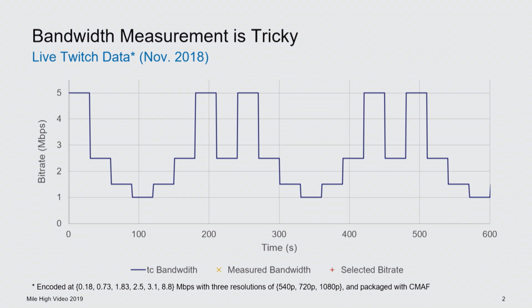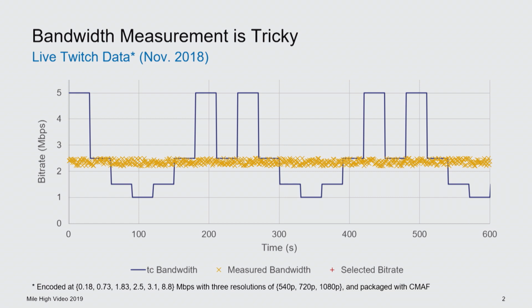As you can see, we changed the bandwidth between 1 and 5 megabit per second. These are the bandwidths measured by the Twitch player. Regardless of what bandwidth was available to the client, it was more or less always measuring about 2.4 megabit per second. Obviously, this is a problem because we are neither upshifting nor downshifting. We are pretty constant in terms of bitrate, and that gives you either underutilization or a lot of